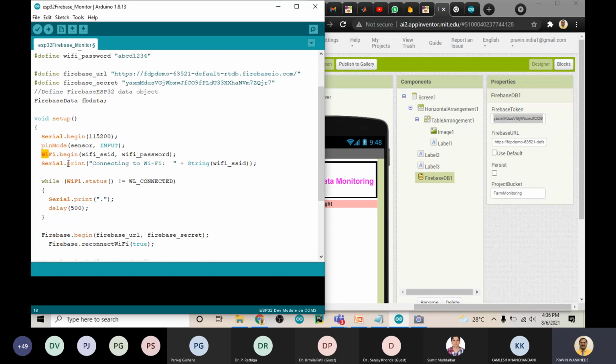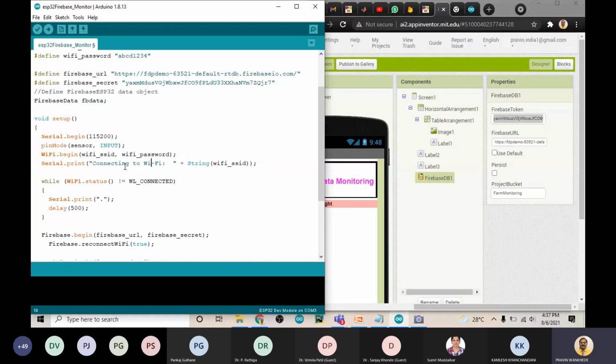To start the Wi-Fi, it should be started with some SSID and password so that it gets connected with that particular SSID and password. Therefore we have written the instruction Wi-Fi.begin, and we have entered its input parameters, that is Wi-Fi SSID and Wi-Fi password, so that once you start our IoT board, it will search for that SSID and automatically get connected over it. Then we have written a serial print that it is connected to, so that on a serial monitor we can observe whether it is connecting to Wi-Fi or not.